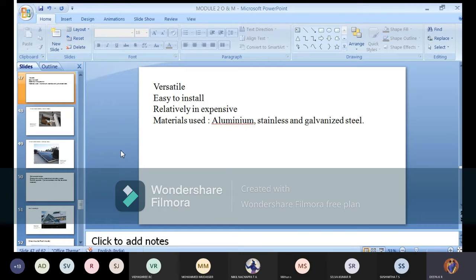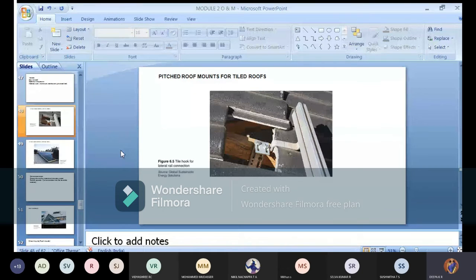Next, same with a small change. You guys note down which type I'm explaining, because there are a number of types and I cannot say which is very important for the exam. They can ask you any type, or they may give you the option to write about the mounting system. That is also one possibility. Otherwise, they will ask you to write about a particular type. So please note down: first we have done roof mounting, second pitched roof mounting, and the third one we are explaining is pitched roof mounts for tiled roofs.